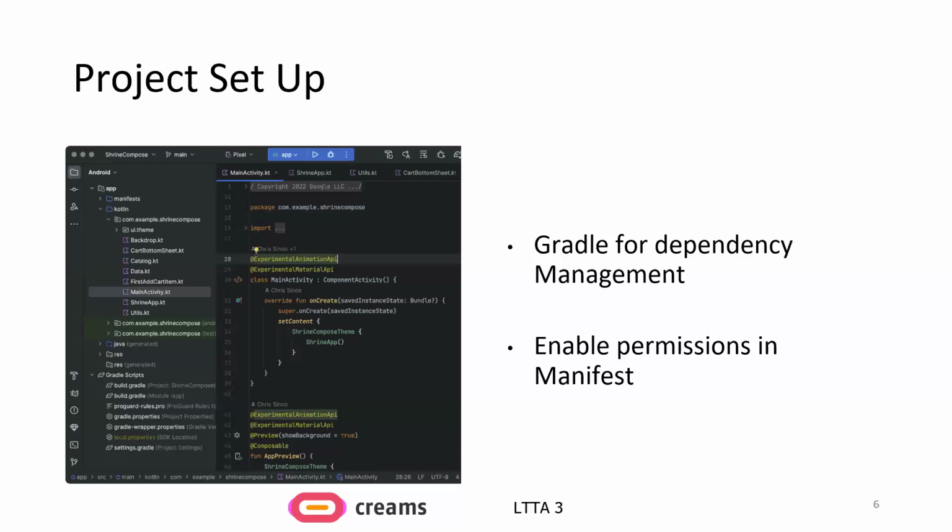All of these should be declared and added as dependencies in the Gradle dependency management. You also should enable permissions in the manifest. It's a file that checks if you have the permissions to use the Wi-Fi of your phone, the location of your phone, and the camera in your phone. All of these should be added in the manifest file of the app.